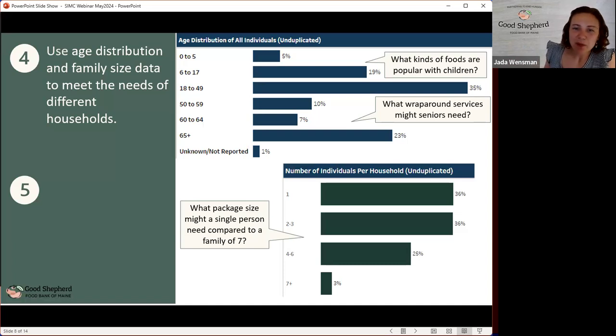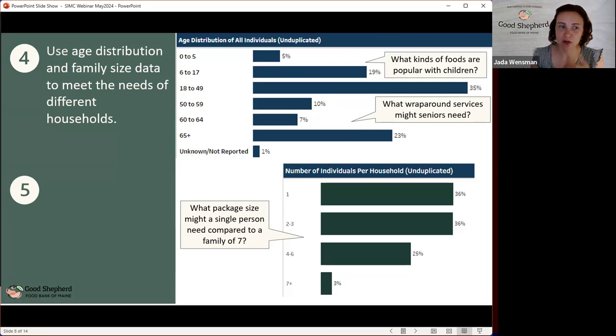And then thinking about the household size, if it's a 1-person household versus a 7-person household, there's a huge discrepancy in the types of food or the sizes of food packages that those households can make use of. And again, this is something that you can see, you can experience right when those people are at the pantry, when you're speaking to someone, and you can also see it in the numbers in a way that allows you